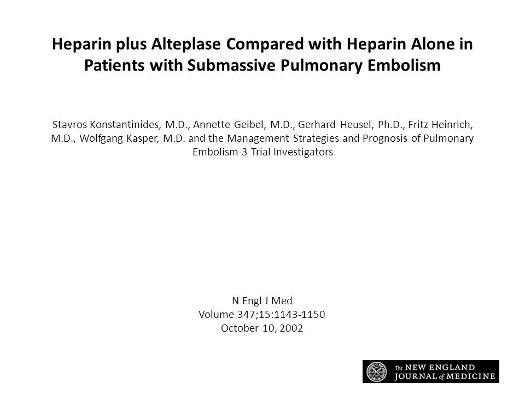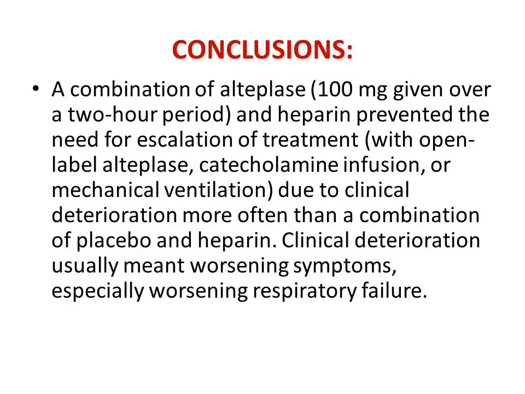Heparin plus alteplase compared with heparin alone in patients with submassive pulmonary embolism. Stavros Konstantinides, MD, Annette Geibel, MD, Gerhard Hasel, PhD, Fritz Heinrich, MD, Wolfgang Kasper, MD, and the Management Strategies and Prognosis of Pulmonary Embolism 3 trial investigators. N Engl J Med, volume 347, 15, 1143 to 1150. October 10, 2002. Conclusions. A combination of alteplase, 100 mg given over a 2-hour period, and heparin prevented the need